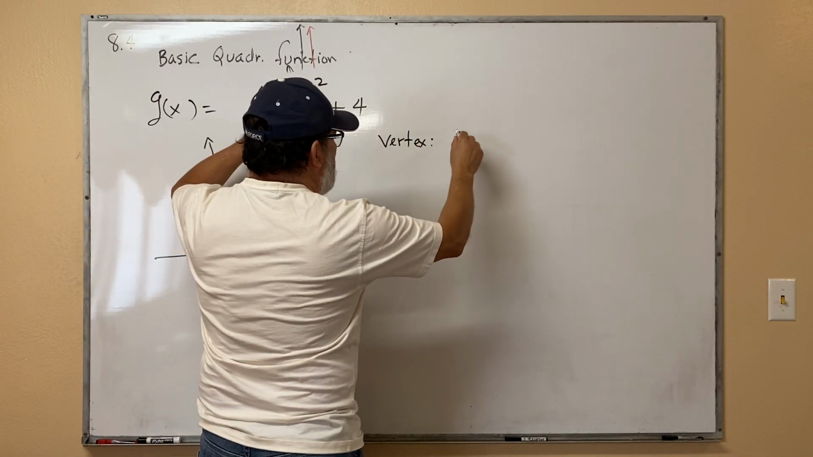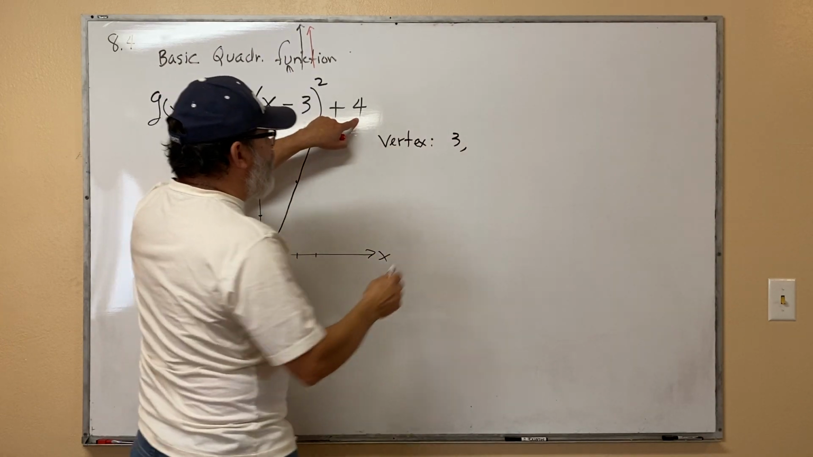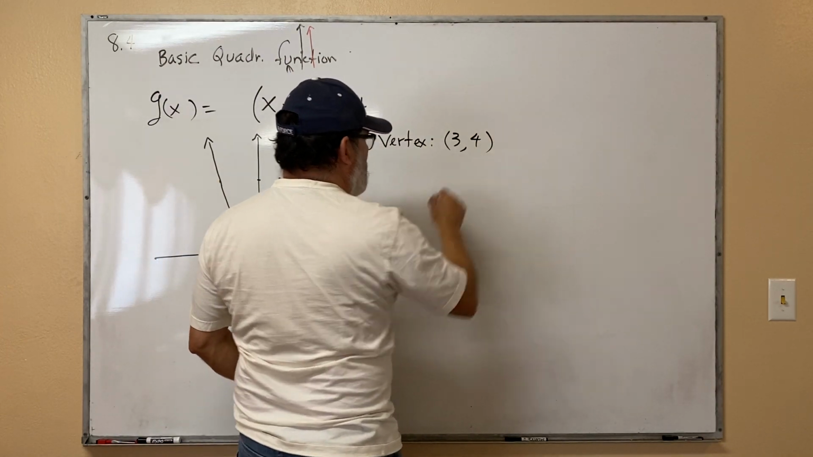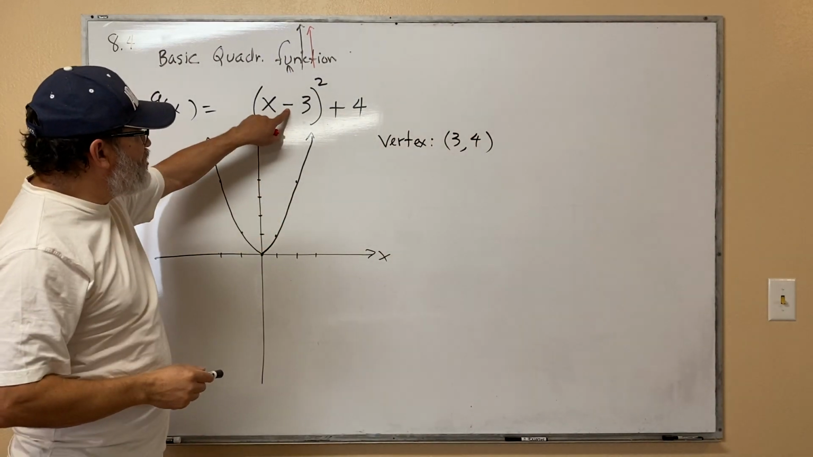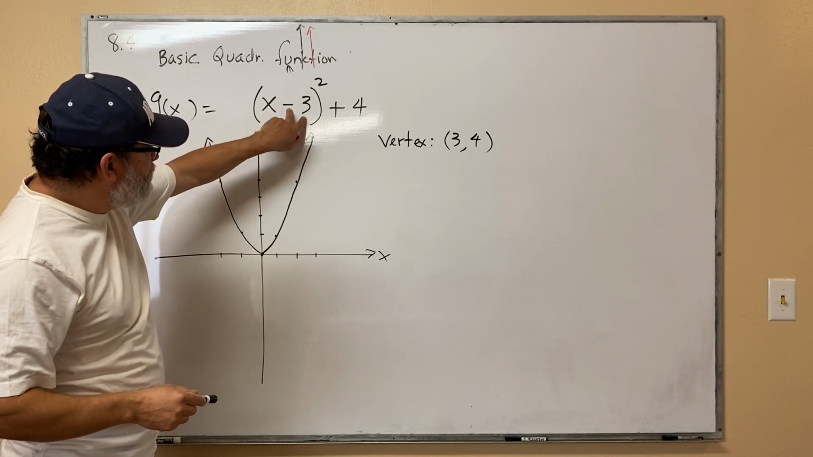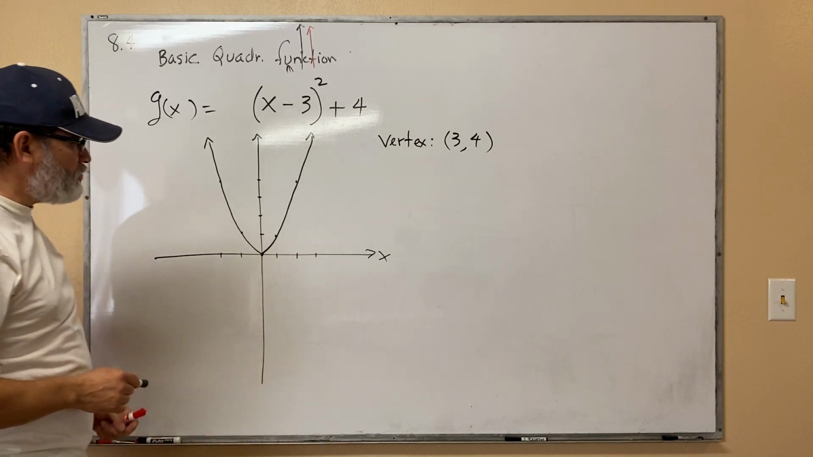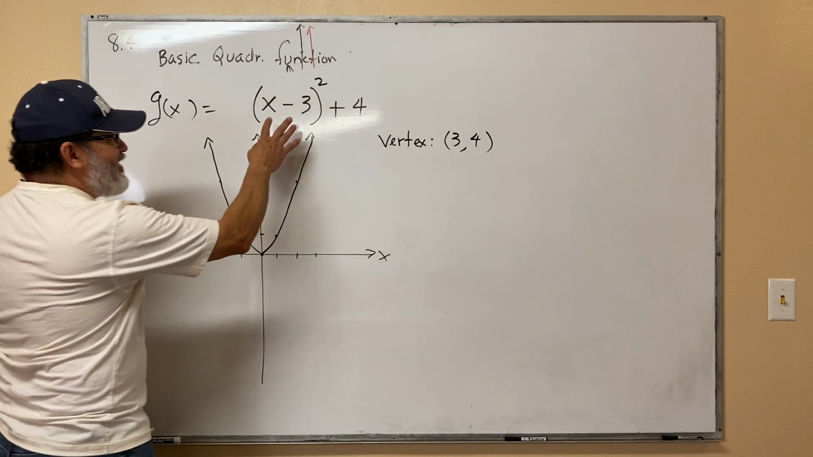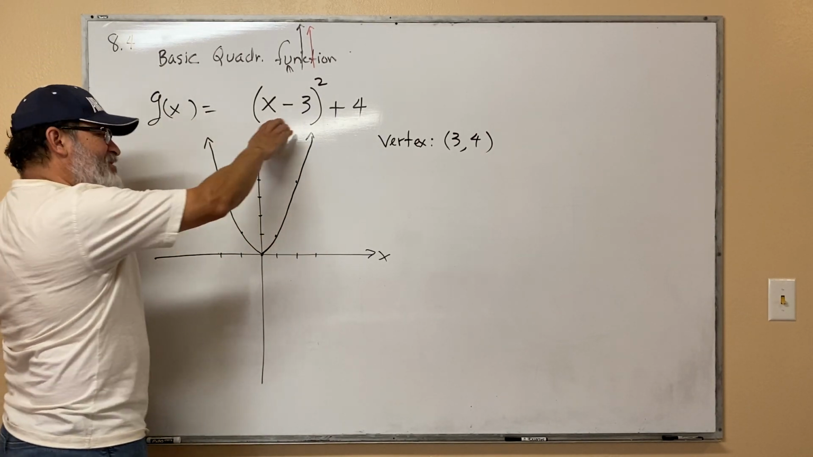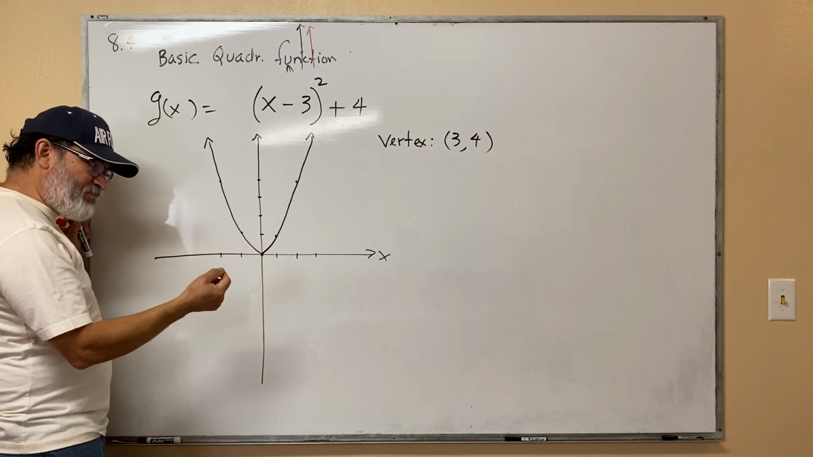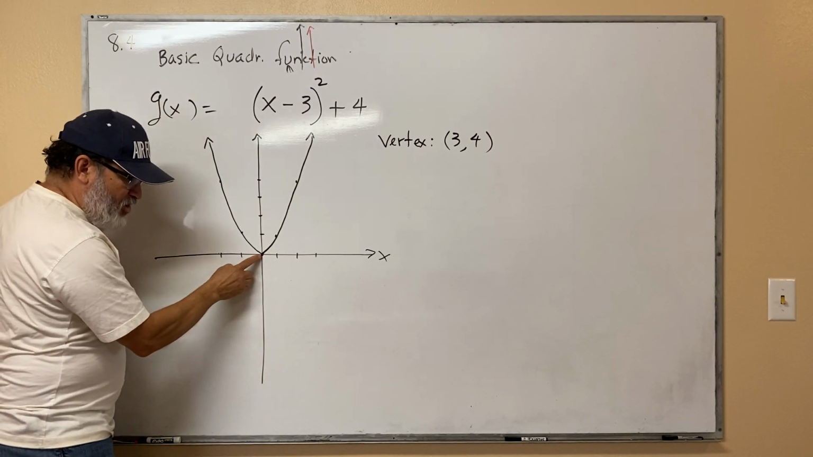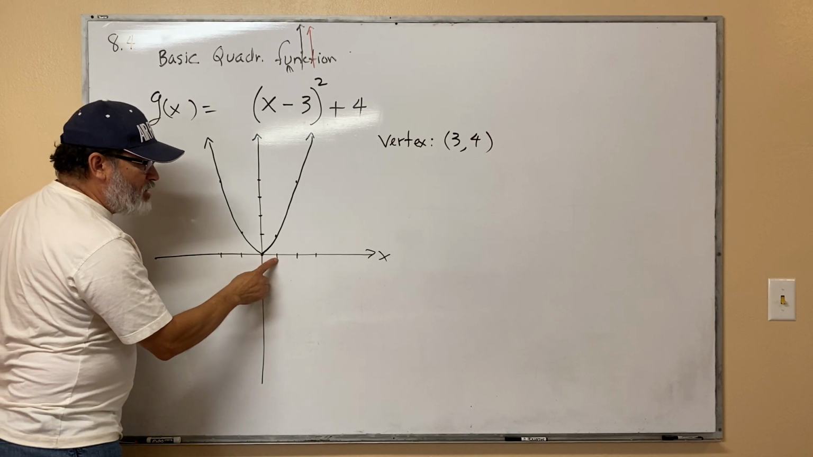3, 4. Take the opposite of this and do not take the opposite of this. So this parabola takes the basic parabola. The vertex is going to move 3 to the right,